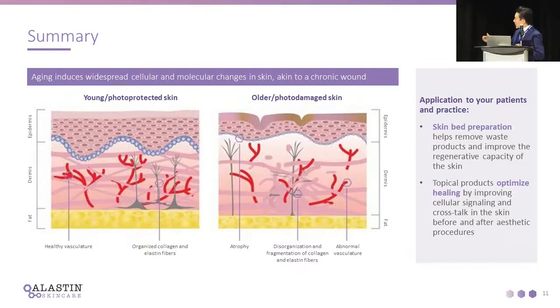On the bottom, you see a very healthy fibroblast. It looks big, looks juicy, looks like it's going to produce a ton of collagen. On the right, it starts to deteriorate and become senescent fibroblasts. So just to talk about senescent fibroblasts,